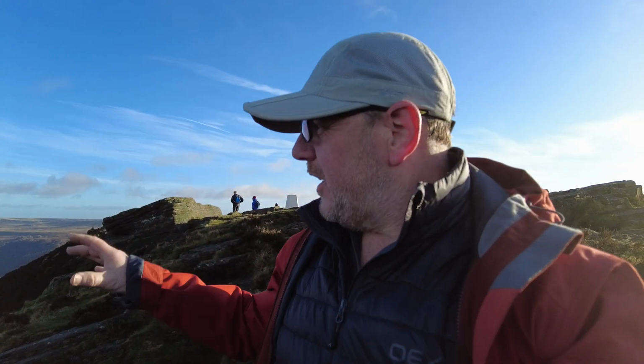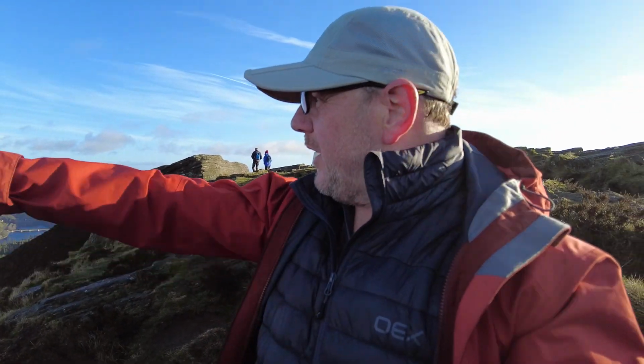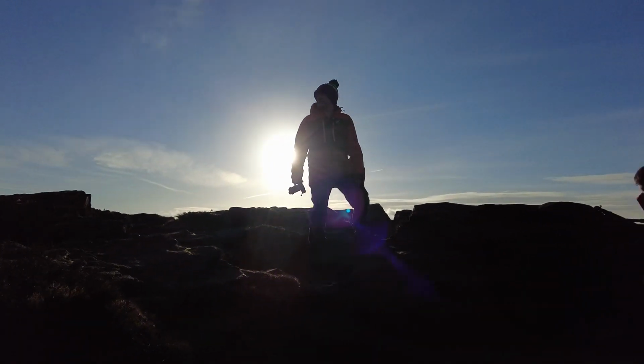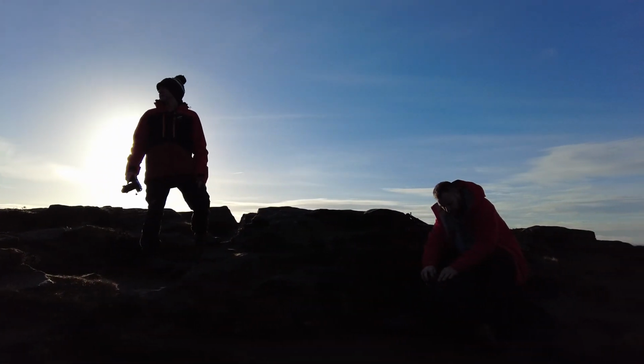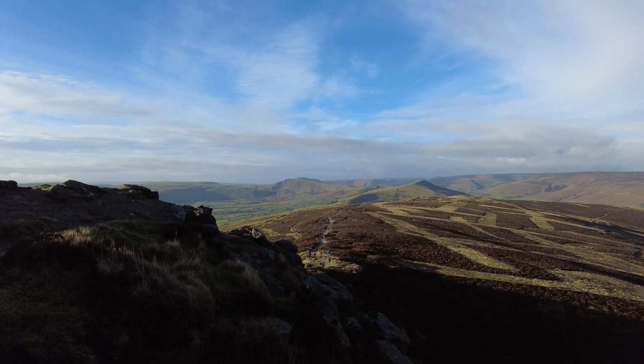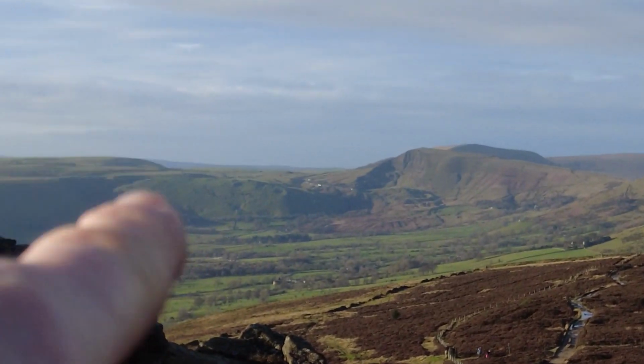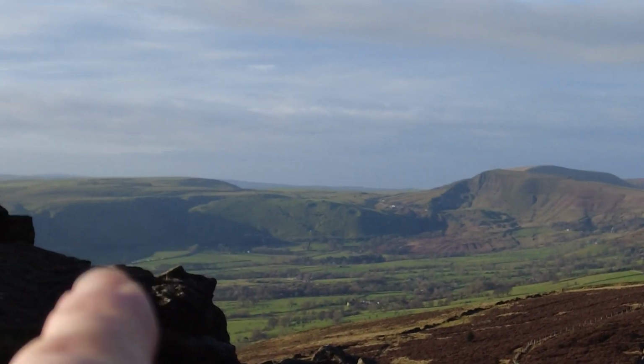So from up here you can see down over Ladybower, obviously that's all Ladybower down in the bottom corner there, and you can actually see Winnat's Pass and Mam Tor and Back Tor. So if I spin you around, I can have a bit of a point you out and show you what we've got up here. So we're looking down there, that's Winnat's Pass, just over the top of these rocks there,